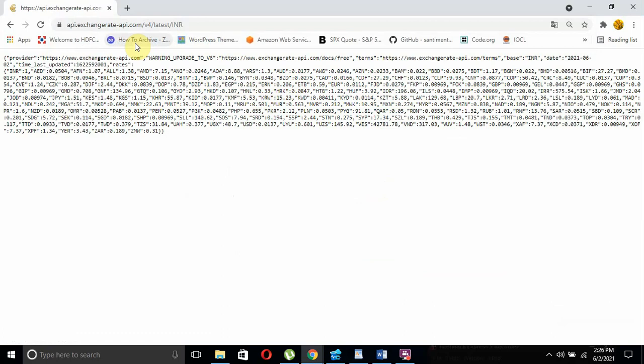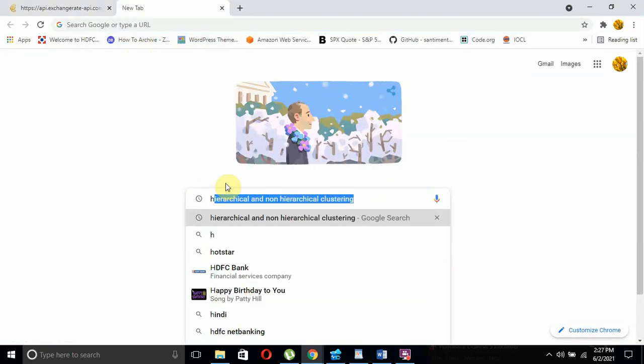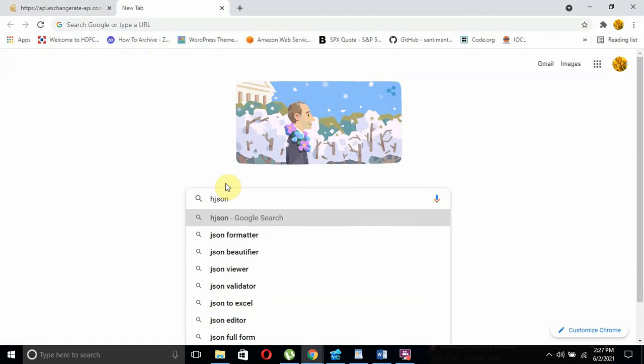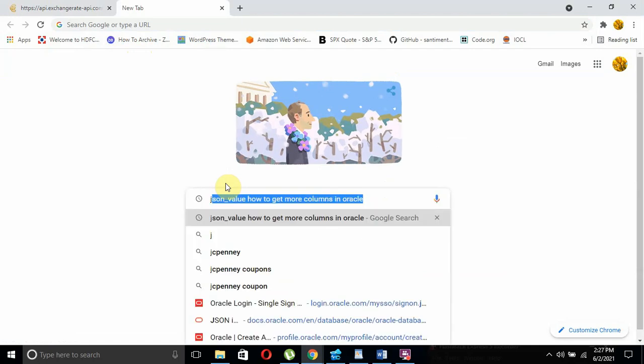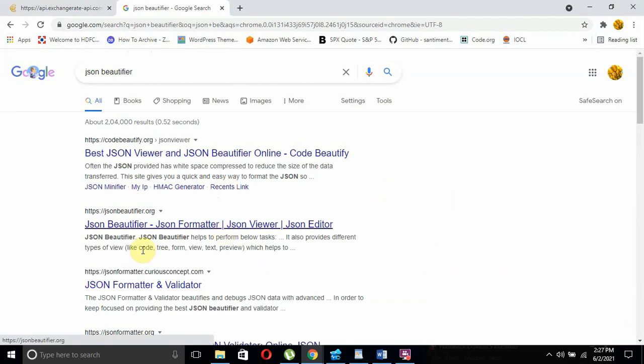When you look at this, it looks like a confusing pattern, so how do you read the JSON properly? There are many tools, like JSON beautifiers, available. Just do a Google search for JSON beautifier, and you will find many options.